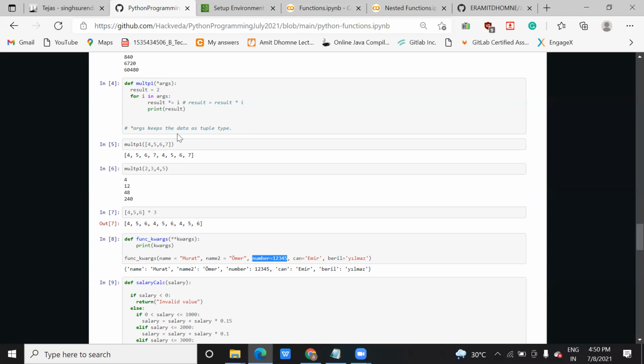And now the question that you asked me, that if you want to pass a different data type, will it work or what? Obviously it will work, right? In the list also, if you assign a different data type, it holds, right? Have you worked with lists? Yes. So here also it will work.